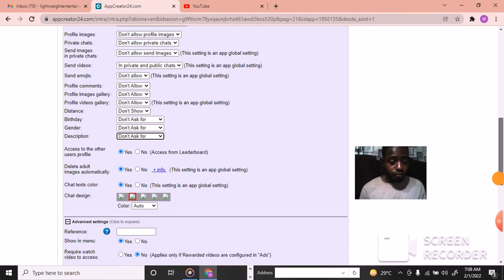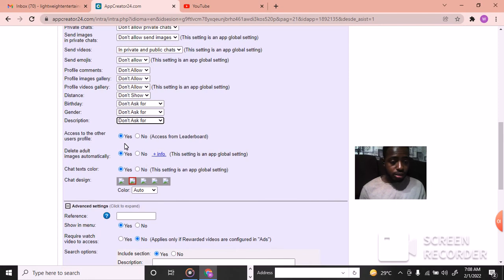Then access to other users profile, yes. Then